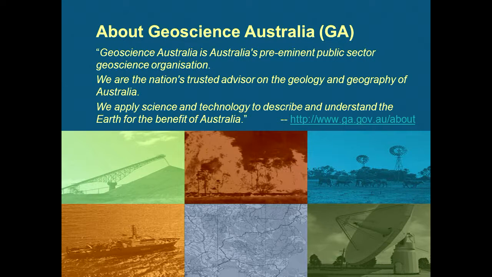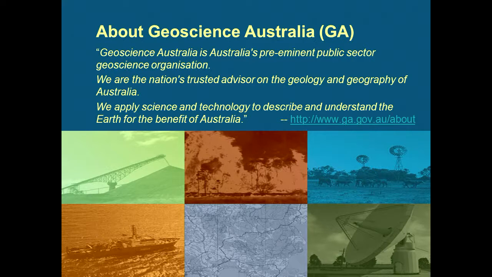Then is securing Australia's water resources. Water is a very precious thing, and the Australian continent is a relatively dry continent. So we need to know where the waters are and how the surface water and groundwater interact, and to find all the water resources. And this one is about managing Australia's marine jurisdiction. So we not only study and manage the Australian continent, but also its surrounding marine areas.